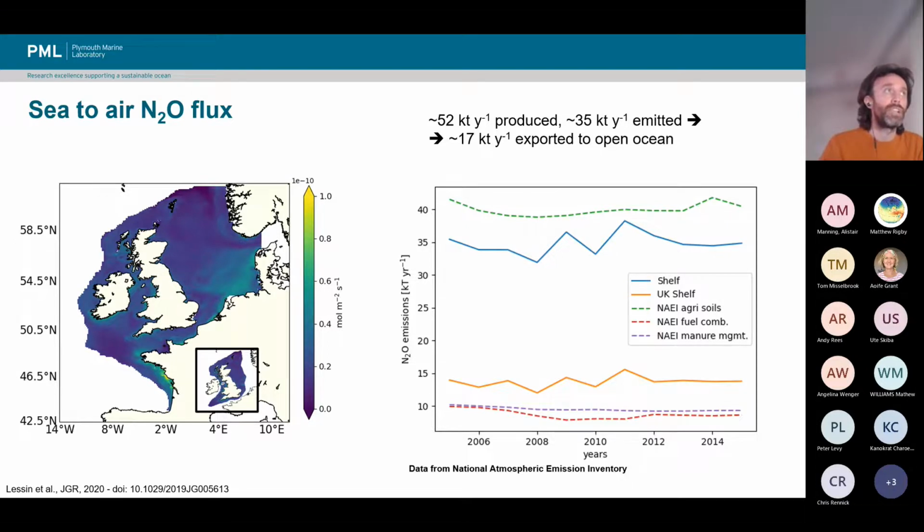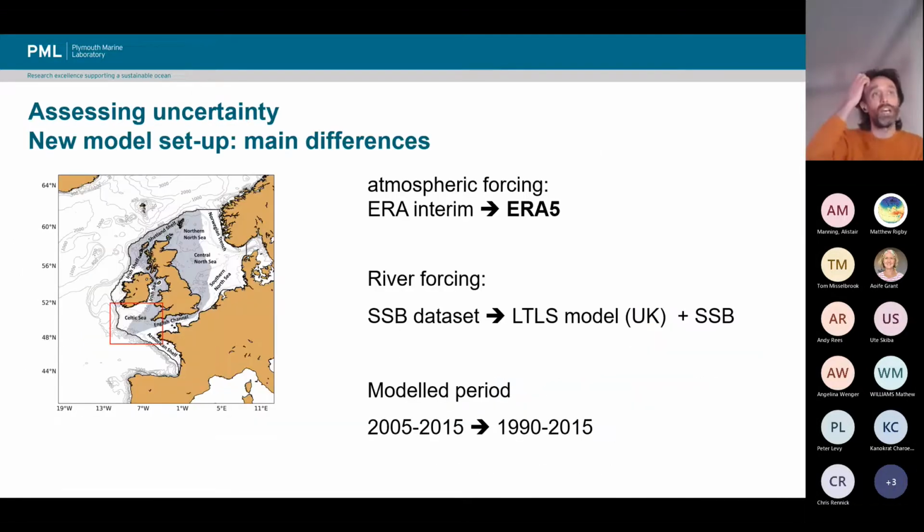So in order to understand this, we have done a different simulation. The model configuration in terms of the two models, both NEMO and ERSEM, is exactly the same. But the main difference in this case is that we moved from the ERA-Interim atmospheric forcing to ERA5, that has different spatial and temporal resolution, and also is an updated